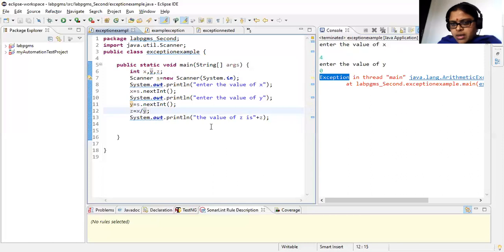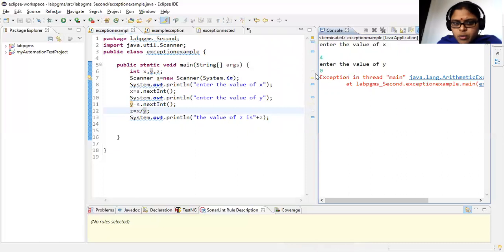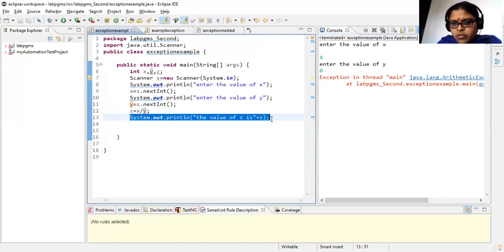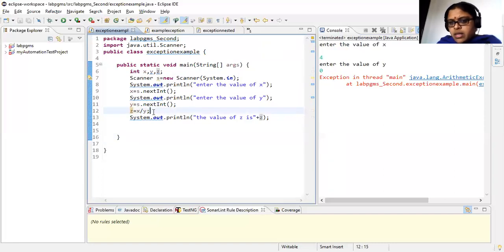Now what is happening here? Suppose consider that this particular error has occurred in the program. Remember, it is an exception. What is happening? Is the next part of the code executed? Like the value of z, is some value printed or is the statement executed? No. So consider that I'm having some 10 statements. After this, those statements also won't be executed. So what is happening? The normal flow of this particular program is disturbed because of your runtime error or an abnormal condition raised by the program. Now this is called your exception.